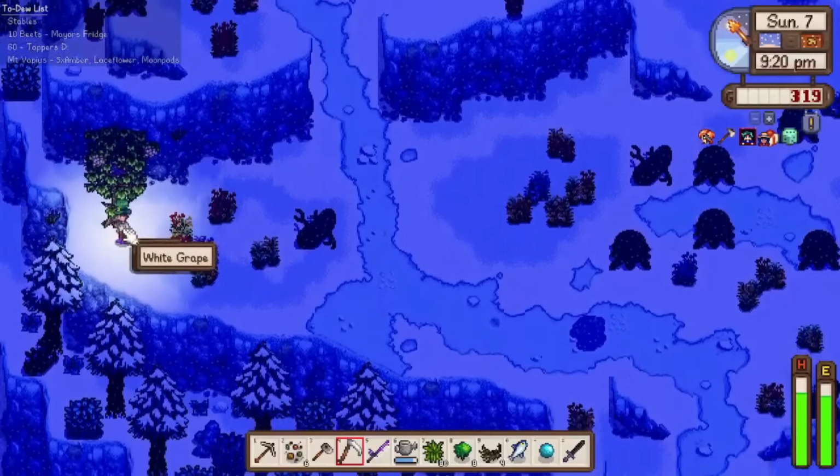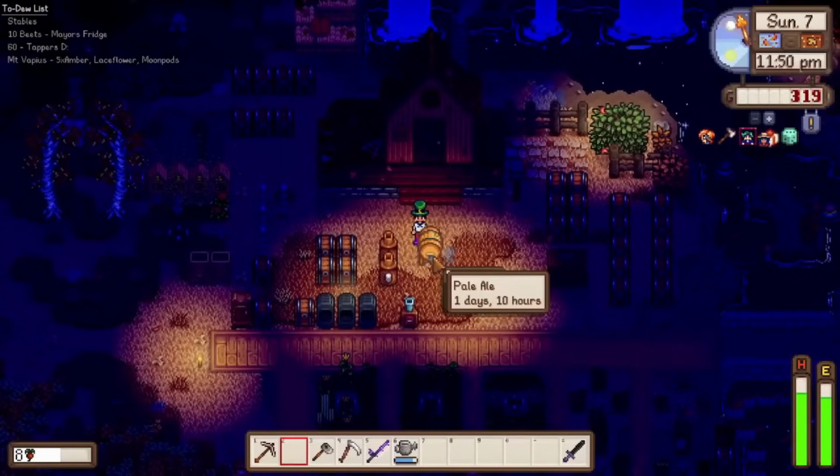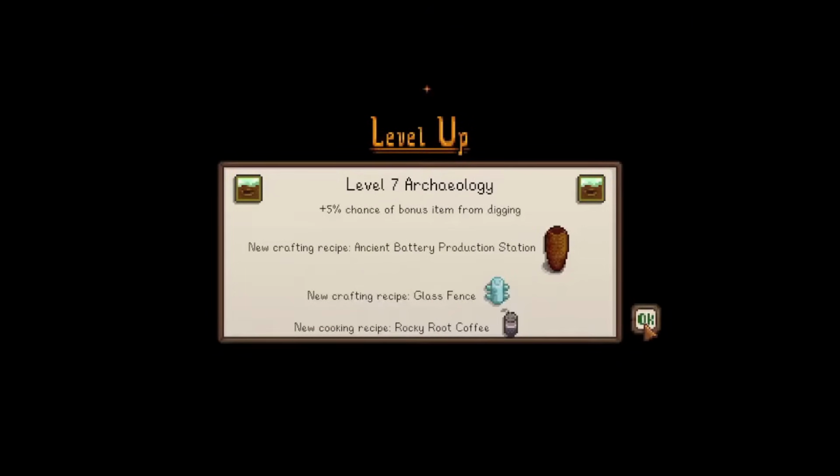And exploring east of the mountain, we found some white grapes on a vine and a fossilized starfish. We set up a pale ale processing when we got home and headed to bed for the night. As we slept into day 8, our combat and archaeology skill leveled up again, and we woke up to mail